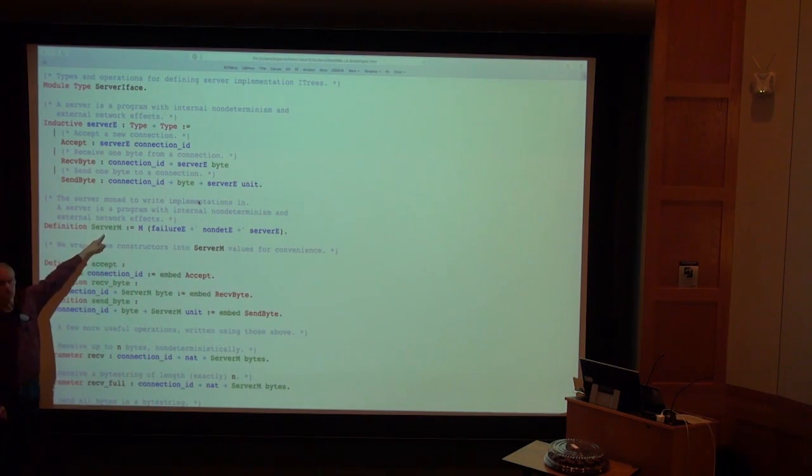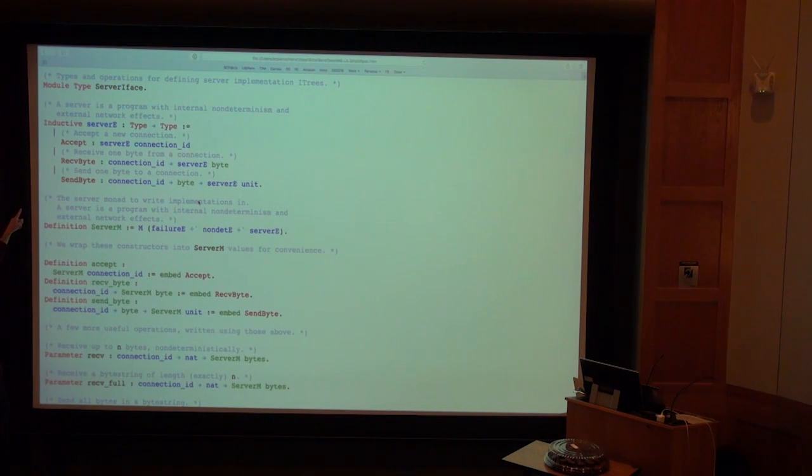And so we'll use that. So server M will be the monad that we use for defining things like the C-like server that sits in the middle between the C program and the high level. And now, for convenience in programming these things, we can define some,